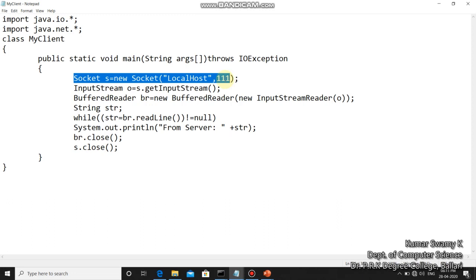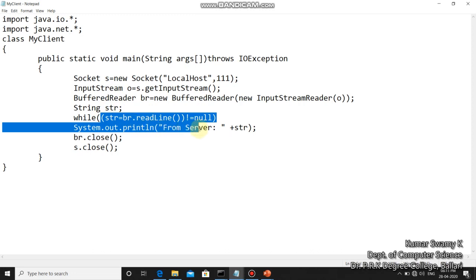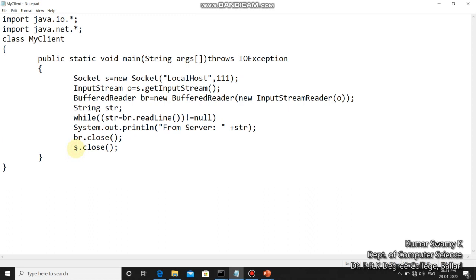As you could see, the O object, that is the input stream object, has been attached to the BR object. Then I've created a string str, and a while loop will accept the data which is coming from the server side, and later I have closed the BR object as well as the S object.